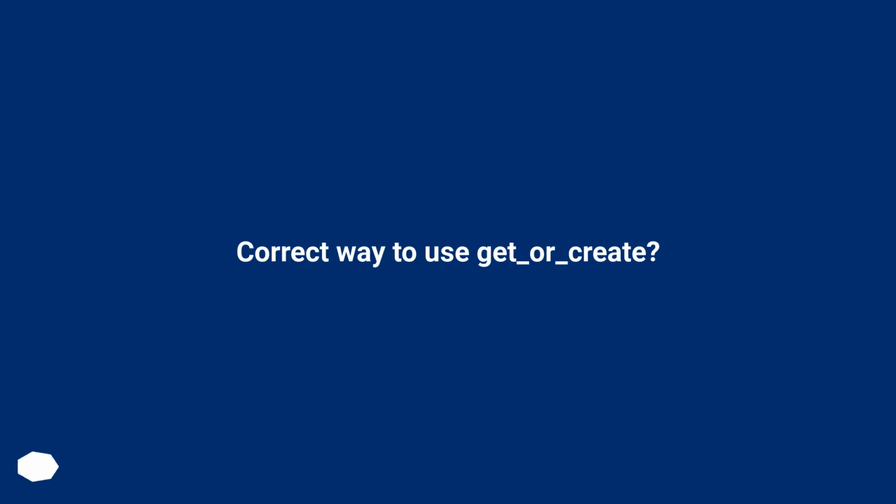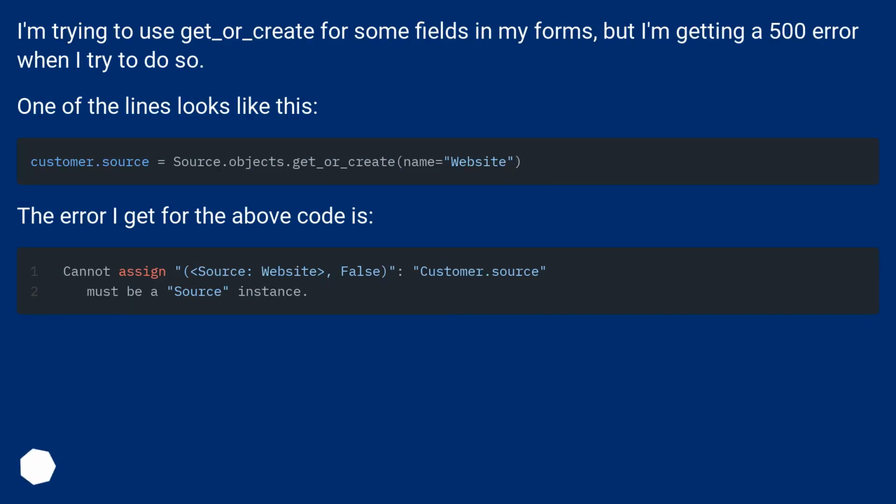Correct way to use get_or_create? I'm trying to use get_or_create for some fields in my forms, but I'm getting a 500 error when I try to do so. One of the lines looks like this. The error I get for the above code is